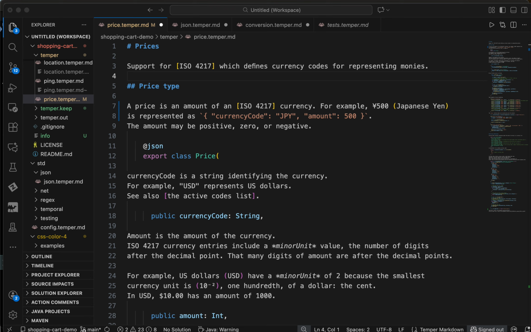All right, trying to give everybody a feel of what the Temper language looks like and how we might in practice go about co-developing a standard and a reference implementation of that standard. So you're looking at VS Code here. We're using Temper's VS Code plugin. And here's a file,